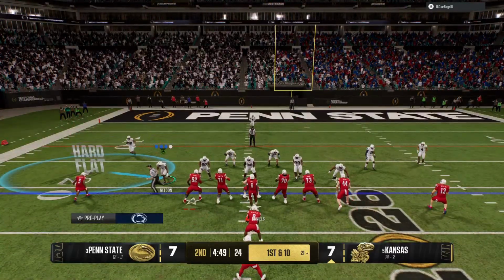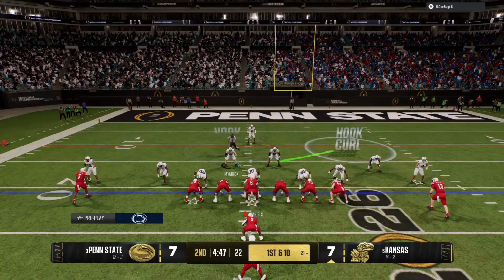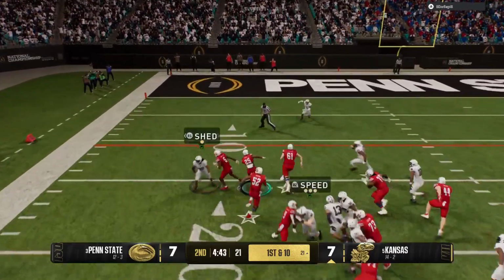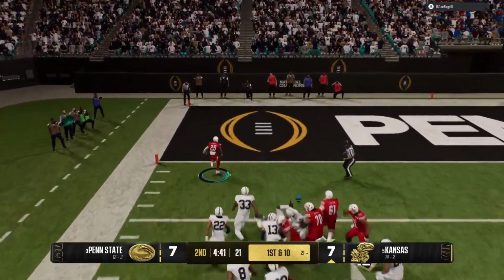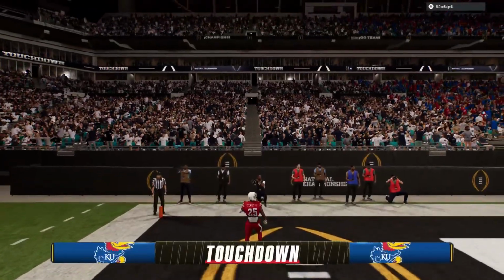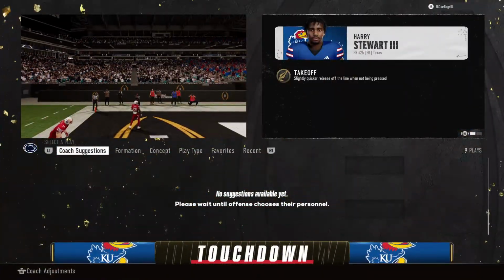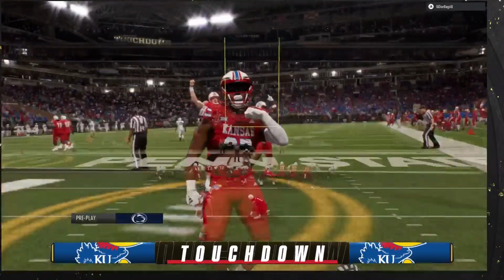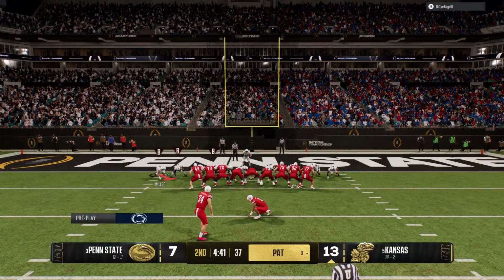Seventh play of the drive coming up. Gonna run it. It's Stewart. Will he score here? And he'll make it in for the score. Touchdown, Kansas. Kurt, they were backed up to start the drive, but some bold play calling, great execution, and reach